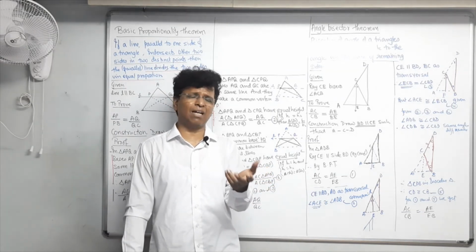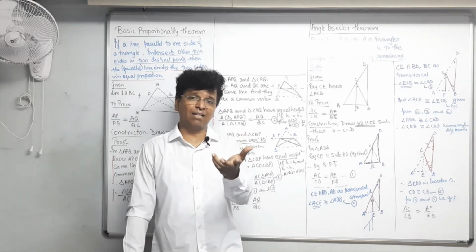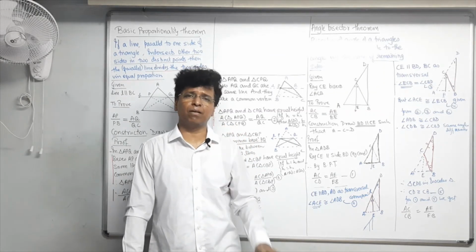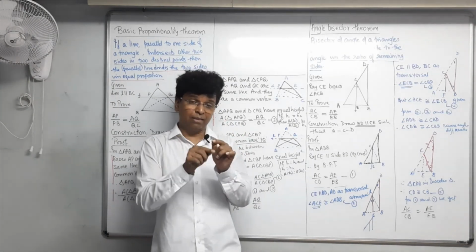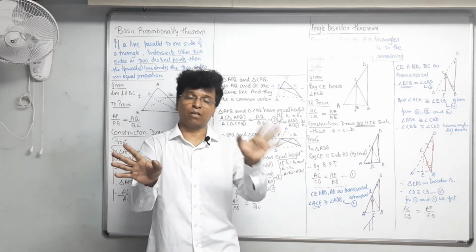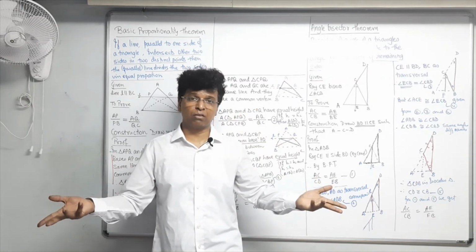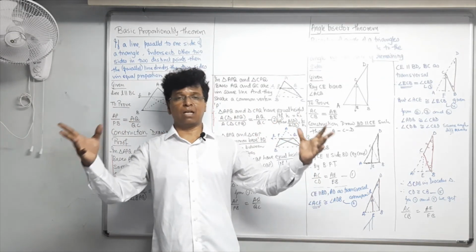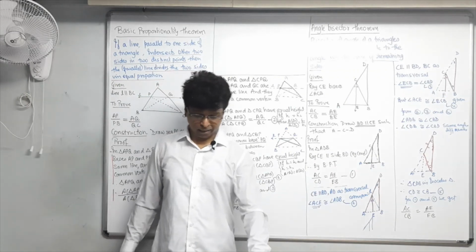And how many are they? Out of 105 questions, hardly 5. These questions you just remember. You remember means what? Not by heart. You remember the method. Here I will be doing this, here I will be doing this, here I will be doing this. Bas. For these 5 questions out of 100, what more do we want? Our syllabus gets completed. Okay, my dear students, not taking a lot of time.